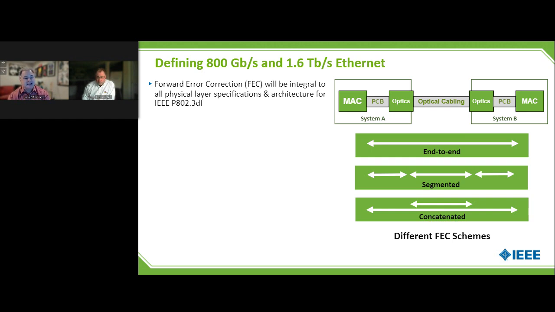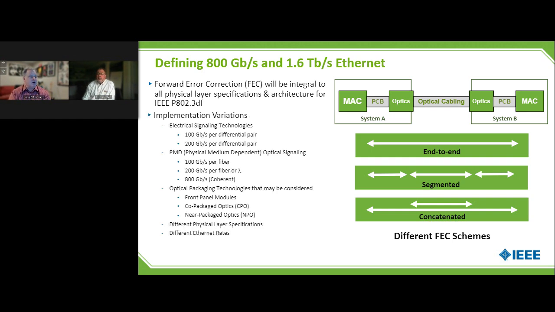I suspect that we'll be talking about, for 800 gig, 8 lanes of 100, 4 lanes of 200. And this is one of the things, just working a little bit here. We have all of these different variations that we need to worry about. This is why the FEC architecture comes into play, right? So I suspect that people will want to do coherent with 8 by 100, and in the future progress it to 4 by 200. I can't go much further with the repeaters, though. That's still kind of an architectural debate that we're having.